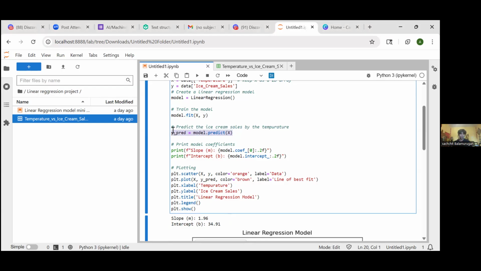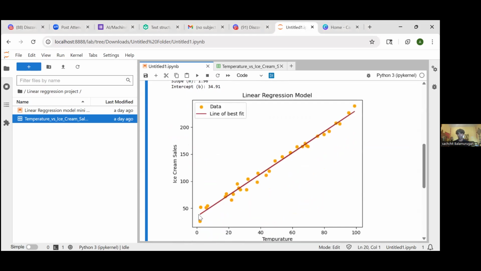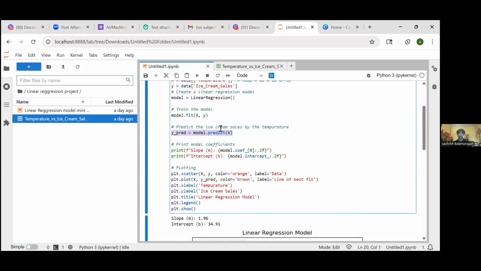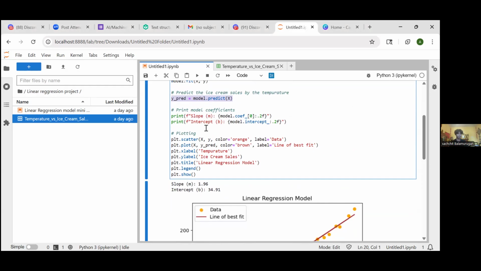What does this do? Does this also train the model? It doesn't train, it predicts. So is that the line? Yeah. So this is where your model is implementing the y equals mx plus b, y hat equals wx plus b equation here. So this is the line of best fit.